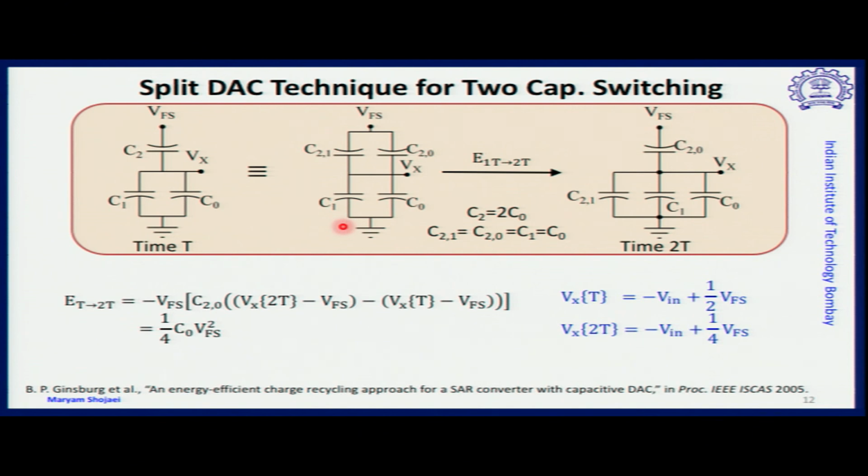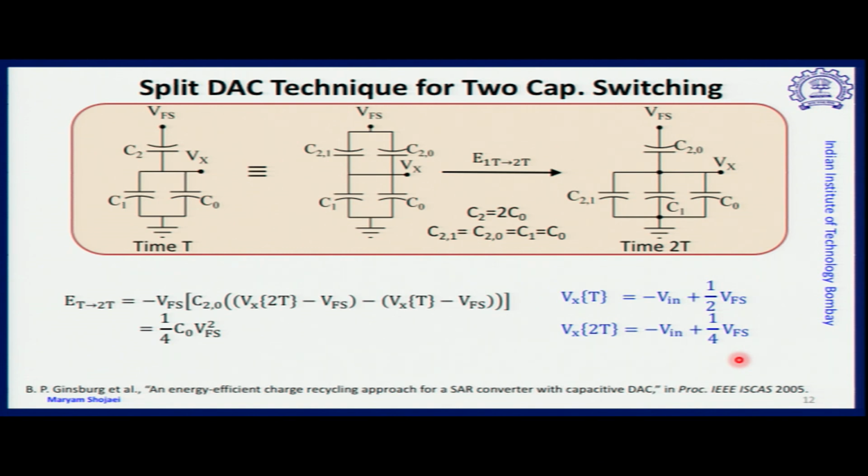So here, the interesting point is we have single-step switching, but with a split DAC. One capacitor, C2-1, is now connected to ground, and therefore energy consumption reduces to 1/4 C0 V full scale square. And directly we reach from 1/2 V full scale to 1/4 V full scale, which was the target reference value. So these are three interesting examples